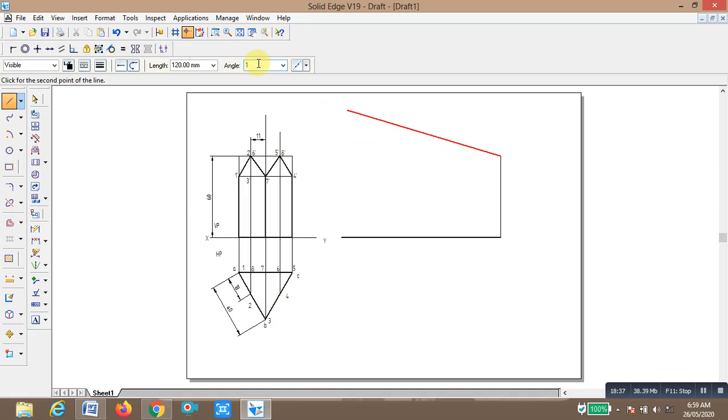Now I am going to draw the vertical lines. From this point, 40, enter, 0, enter. From this vertical line I am going to draw again at the same point, 40, enter, 0, enter. Okay, here I am going to draw another vertical line in between those lines, exactly at the center.